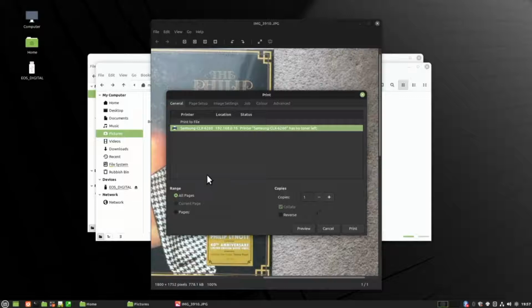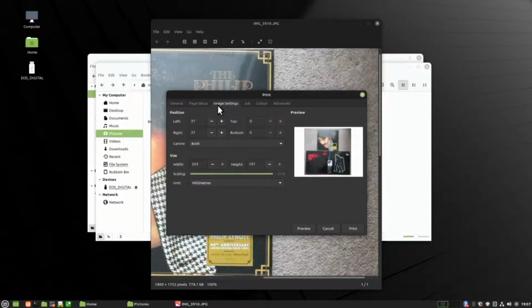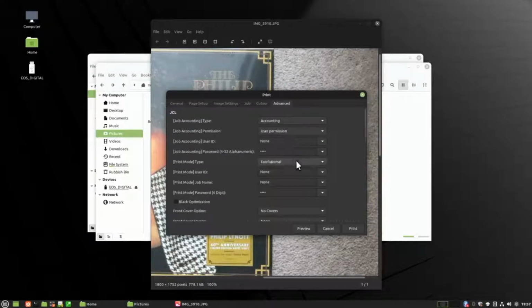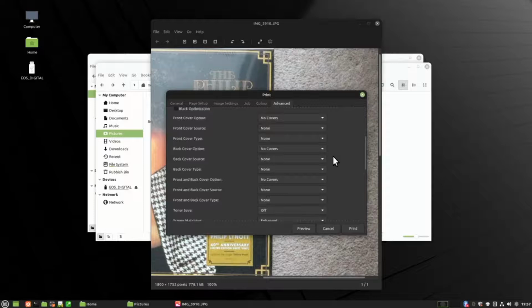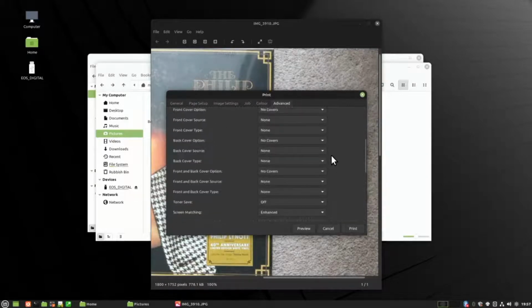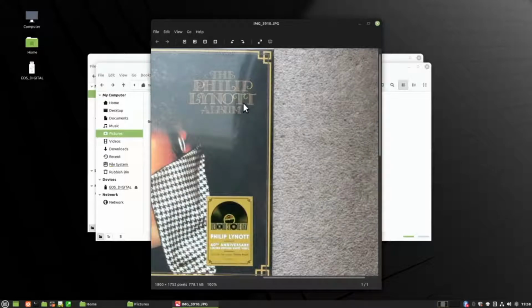Is it under general? Somewhere under here is one of the options to actually expand the image to print. It's in there somewhere, but that's what I use,